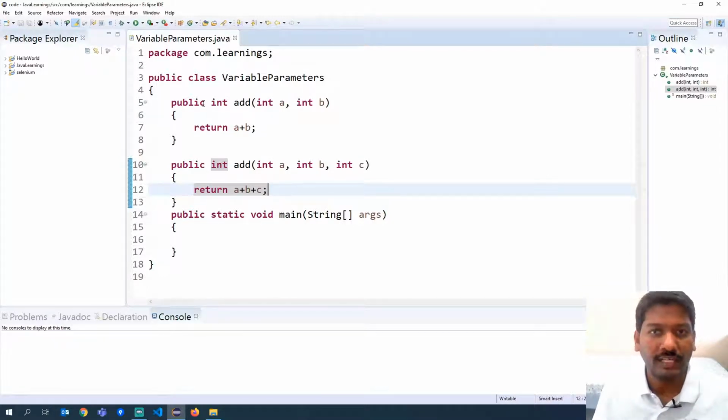Now before going into that, let us first call these two methods and see if it is working fine or not.